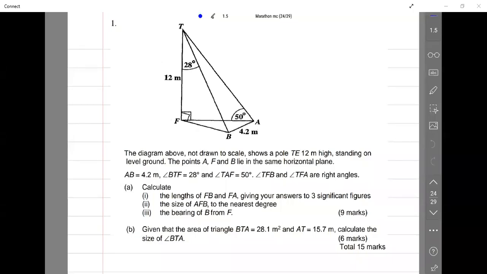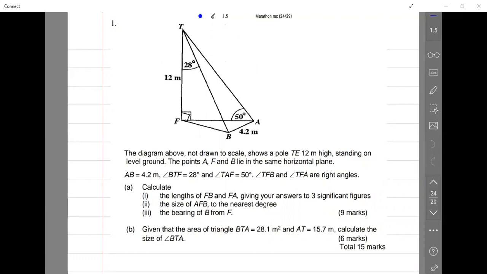All right, question number one. So let's talk about this question. It says the diagram above, not drawn to scale, shows a pole that says TE, but it